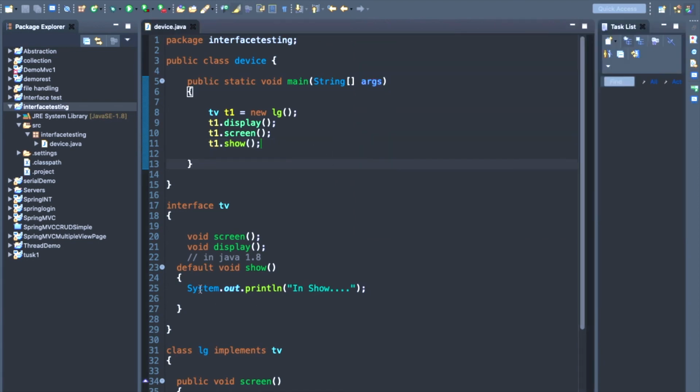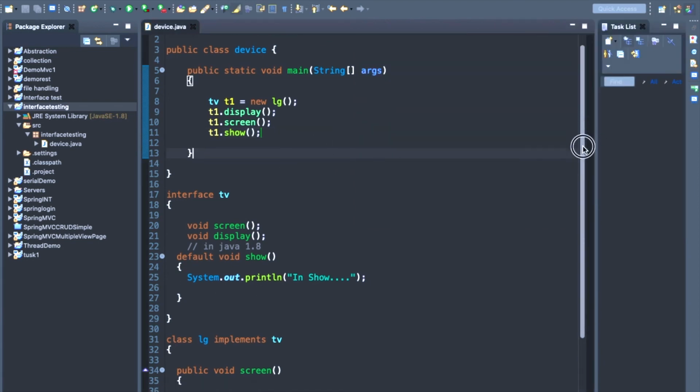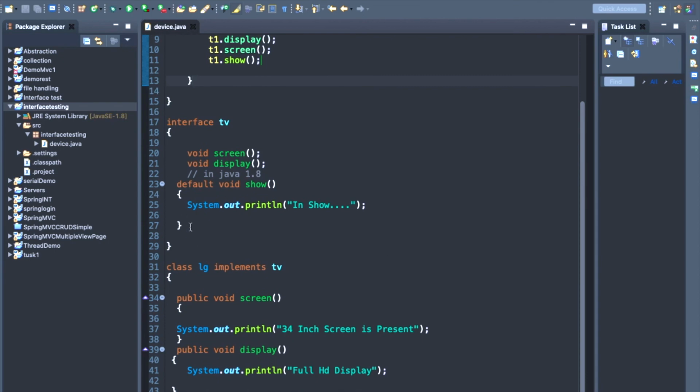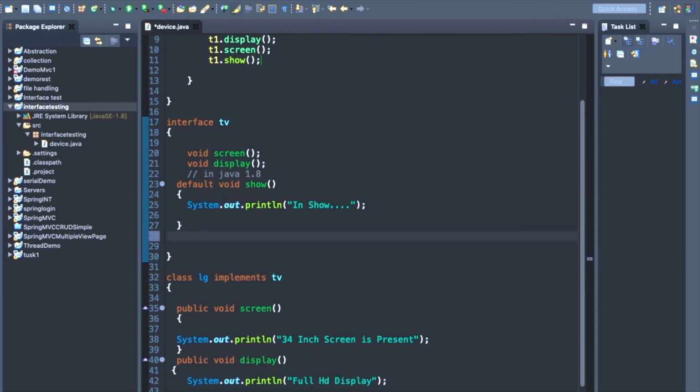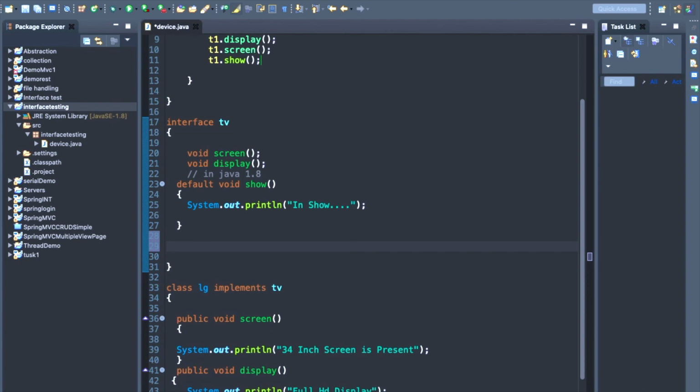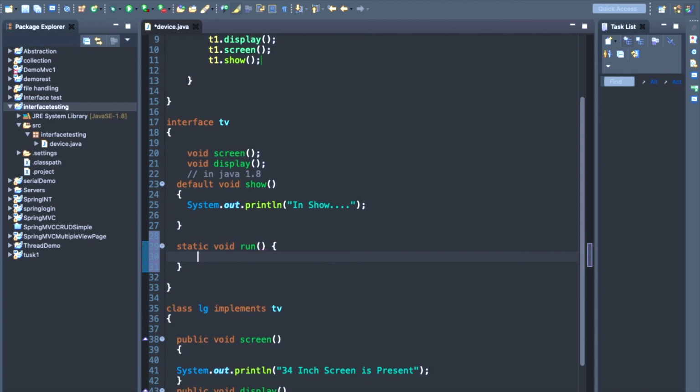So the default method does not require any implementing class. So this is another point, and one more method is included in this: you can take a static method also. So suppose you have a static void run present within the interface. So we have this method,